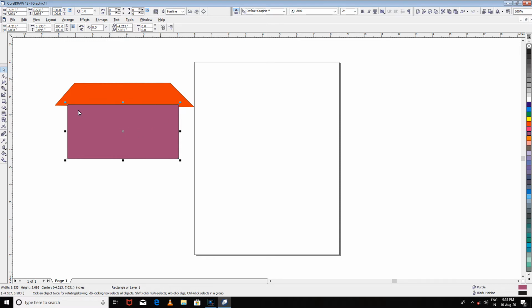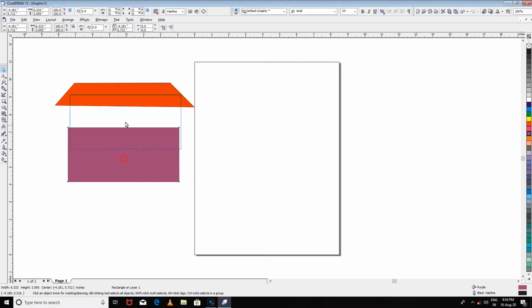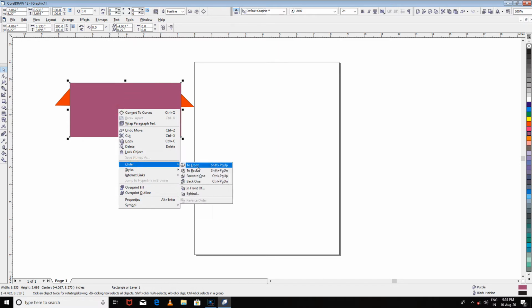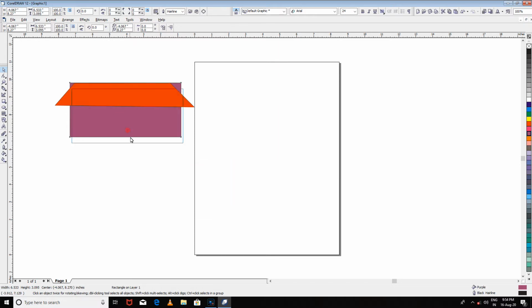So I will right click, select the pick tool. Now see, I can show you individually that it is at the front. Right click and order to back, so it will go to the back, and you can slide it. In a similar way, you can draw in this way. Now if I need a door, I can just draw with the rectangle tool